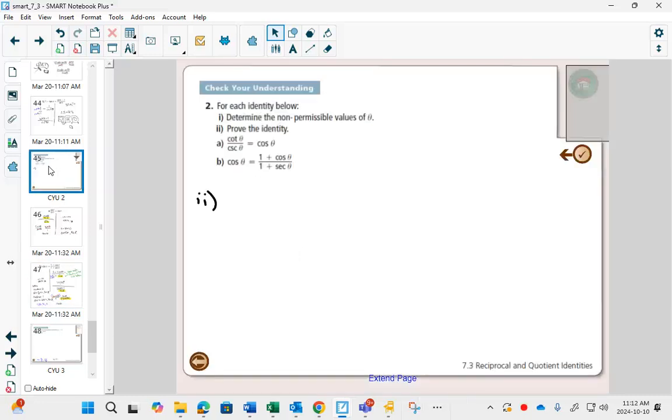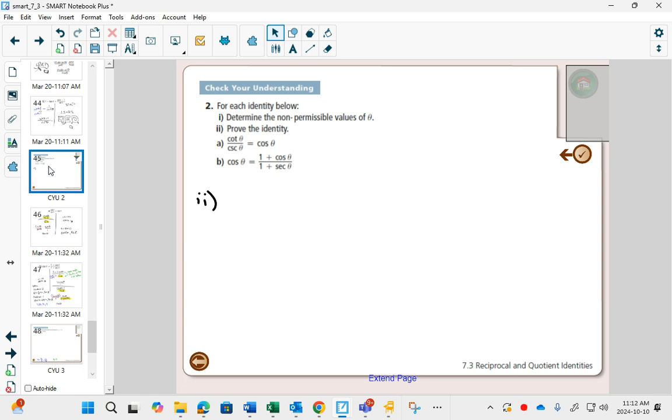So this question number 2 is asking us to determine non-permissible values of theta. We're going to do that last. When it says solve, you're going to find everything. So that angle, all the sides, all the angles on all sides, yeah. What we're going to do is prove the identity first, and then we'll talk about